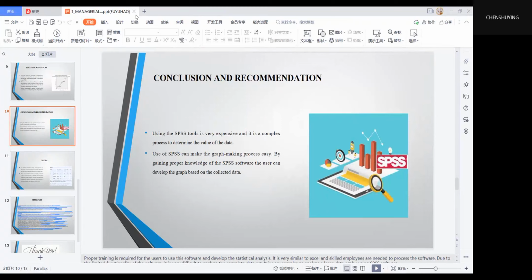Pre-training is required for the users to use this software and develop the statistical analysis. It is very similar to Excel, and skilled employees are needed to process the software. Due to the limited functionality of the software, it is very difficult to analyze the complete data set. It is very complex to analyze a large data set by using SPSS software. Next,